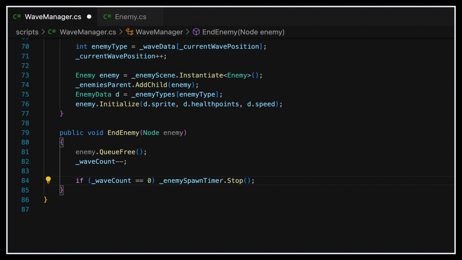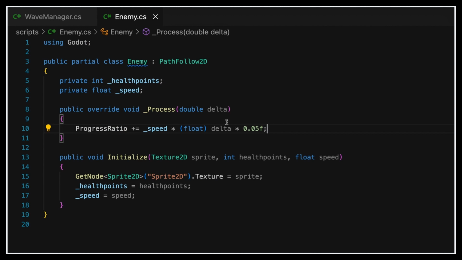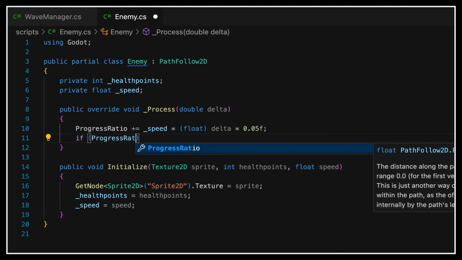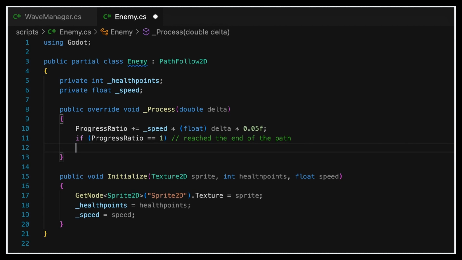For the reach the end of path logic, it's really easy. We only have to go back to our enemy script, and in the process function, check if the progress ratio is equal to 1. Remember that this can happen since we matched it to toggle off the loop property on our path follow node in the editor, and so our node will stop at the end of the path. So if we've reached 1 in our normalized ratio, meaning that our object is exactly at the end of the path,